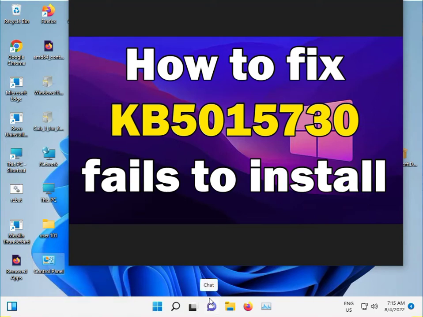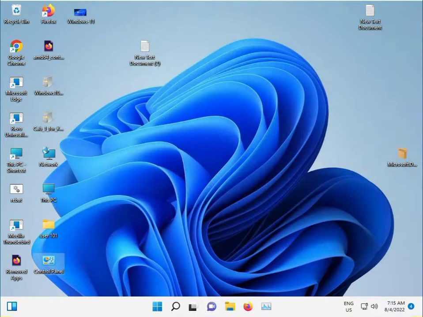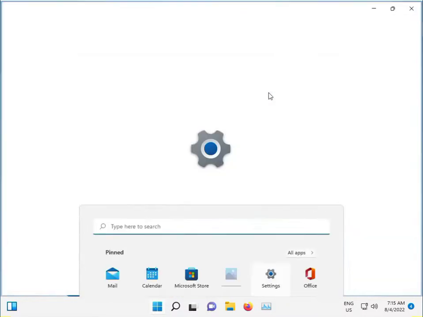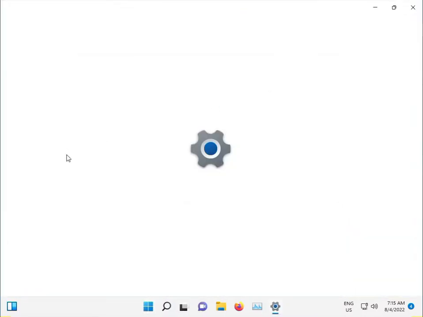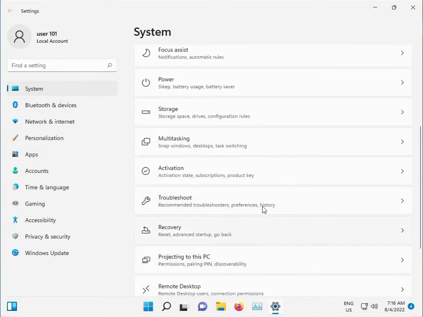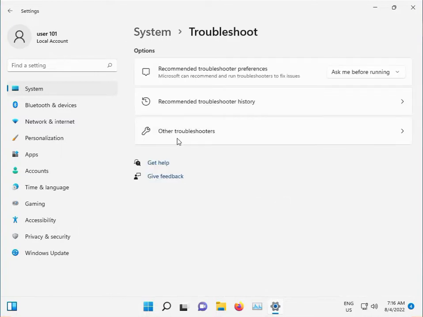Recently released Windows new update KB5015730. So this is not installing, it fails and shows some error. So how to fix? Firstly, you click the start button, settings, then system, scroll down, troubleshoot, other troubleshooters,